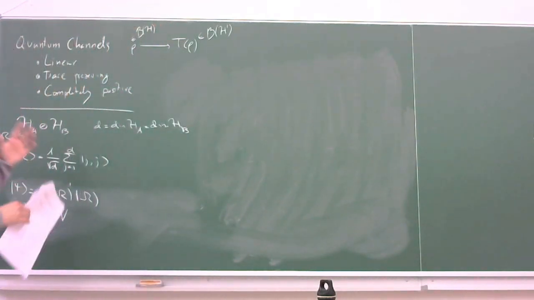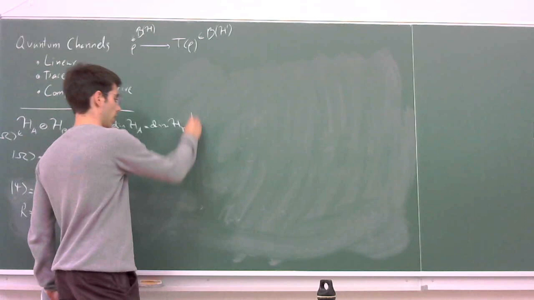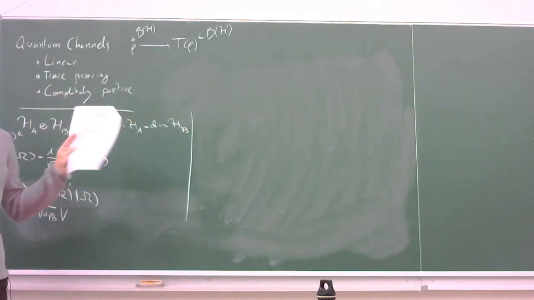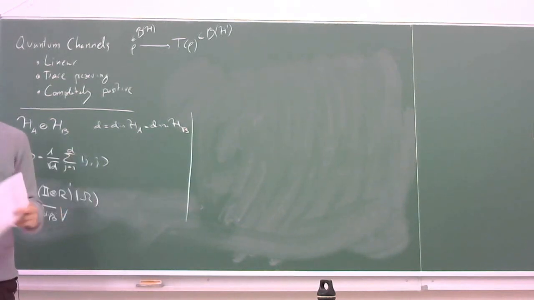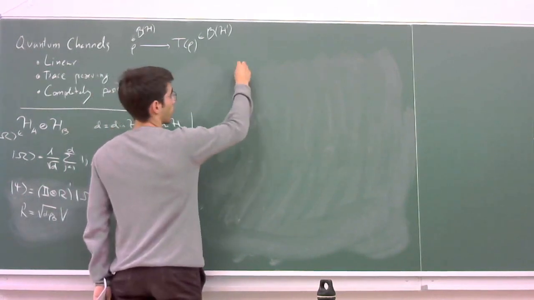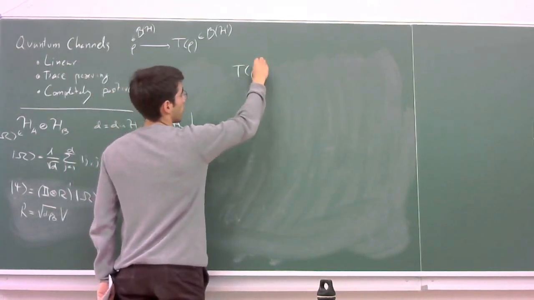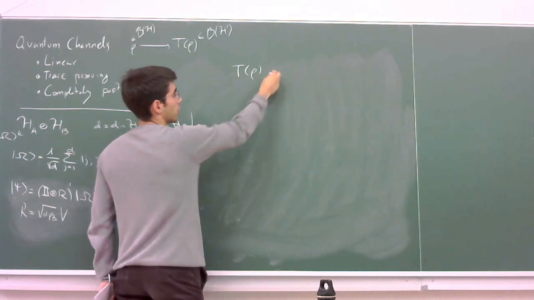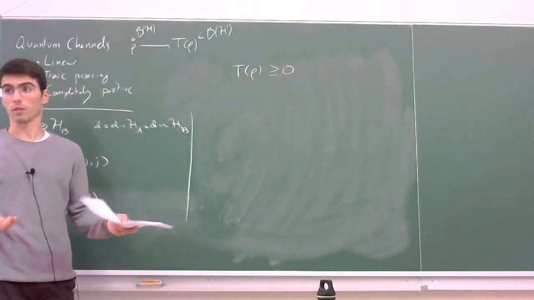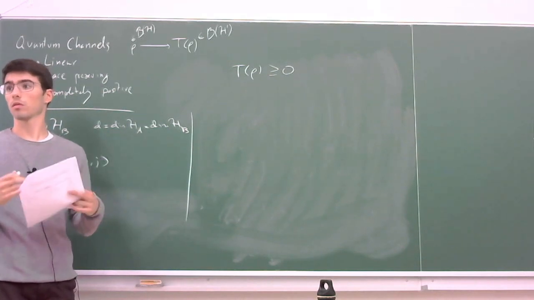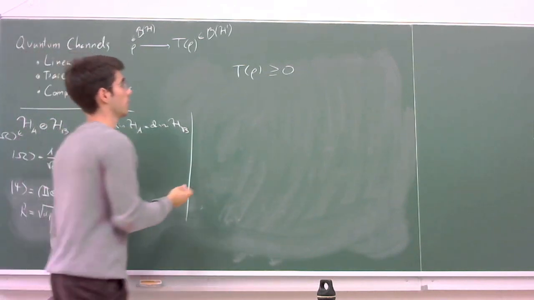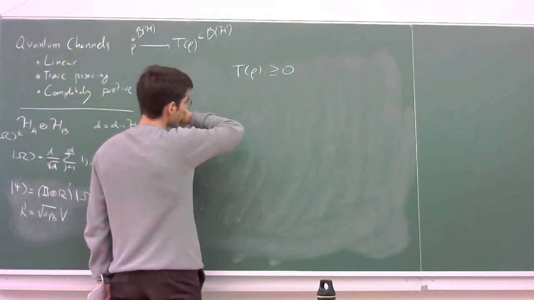So I think the previous day I told you something about a property that characterizes complete positivity, which is that positivity in general means that for any positive operator rho, the image is also positive. Okay? So that means positivity. Okay. So complete positivity means that in general, if